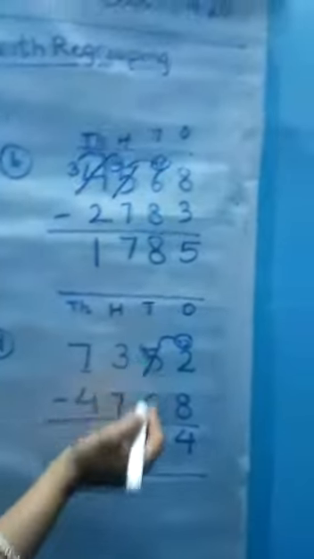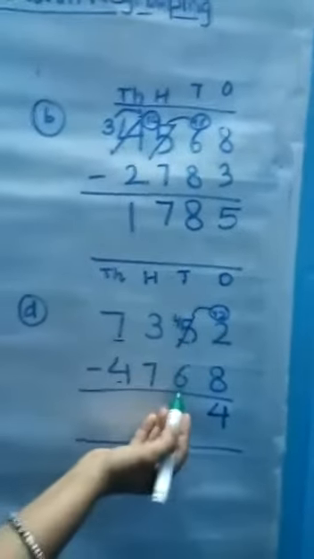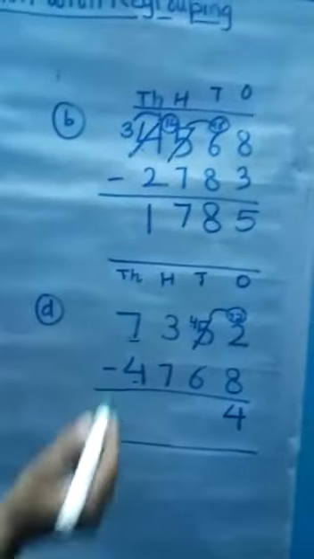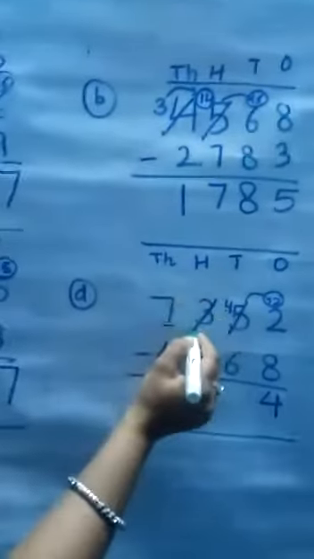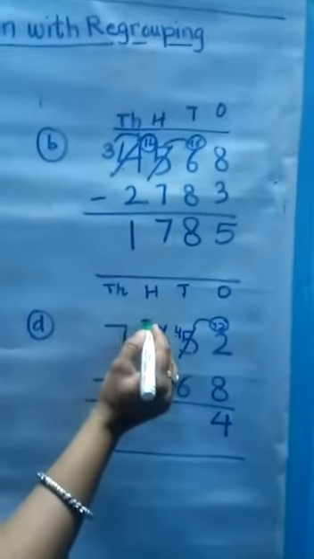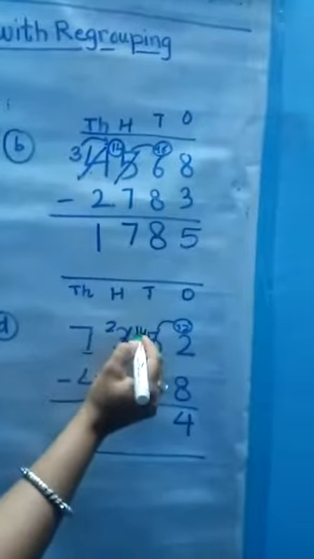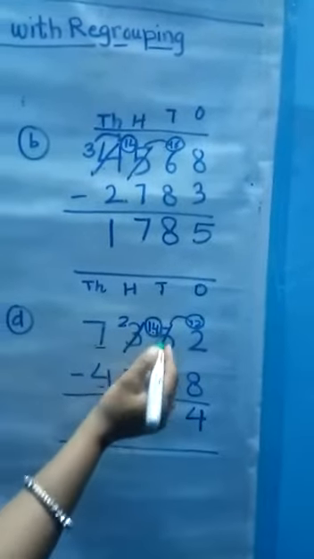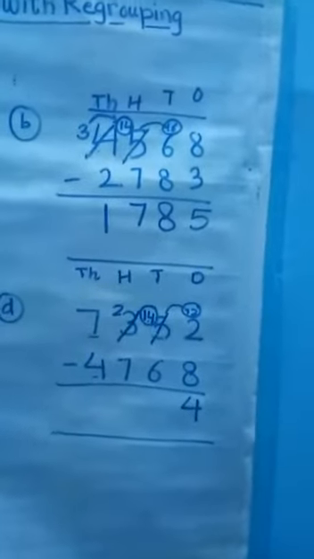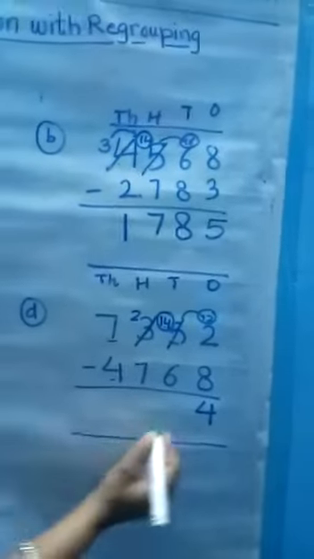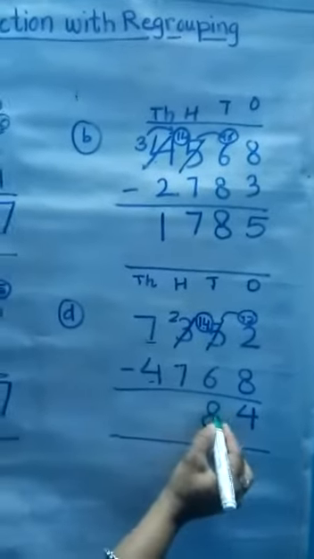In this case again 4 is a smaller number and 6 is a bigger number. So in this case we are not able to deduct 6 from 4. So again we have to take help from hundreds place and this number will be 14. So 14 minus 6 is again easy to do. So the answer is 8.